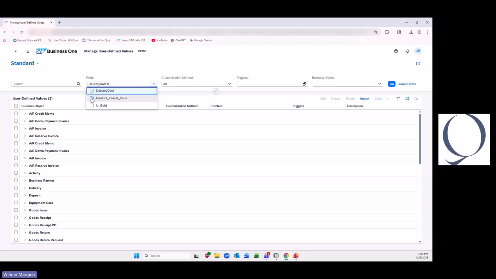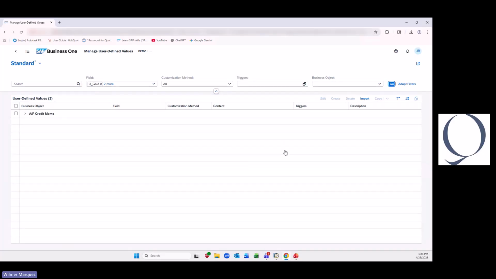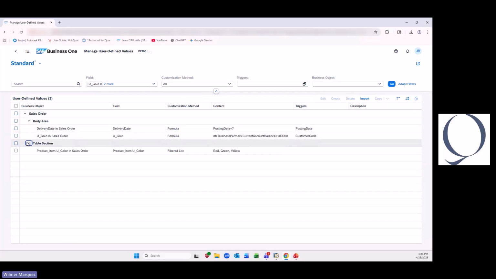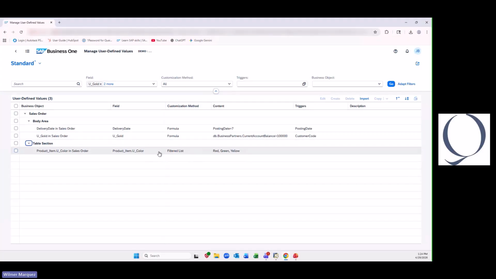Delivery date, our color, and the gold customer. We click go, we're gonna be able to identify where they are. So if you see, we have the color scheme, the product item color filter list in the table section of the sales order in the business object, and the other two, delivery date and the gold customer formula on the